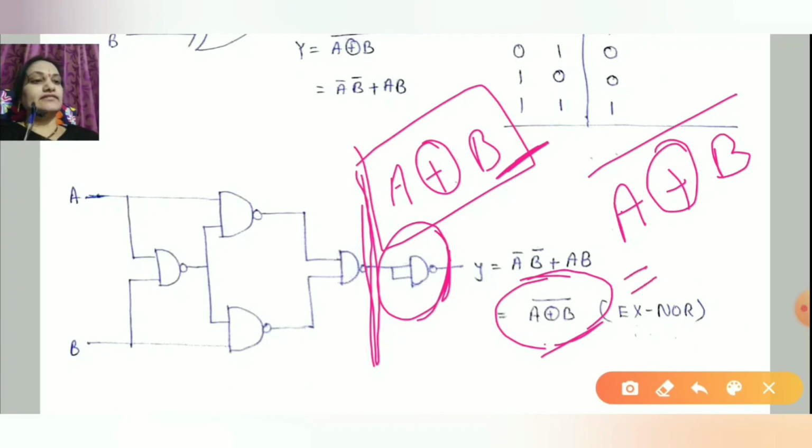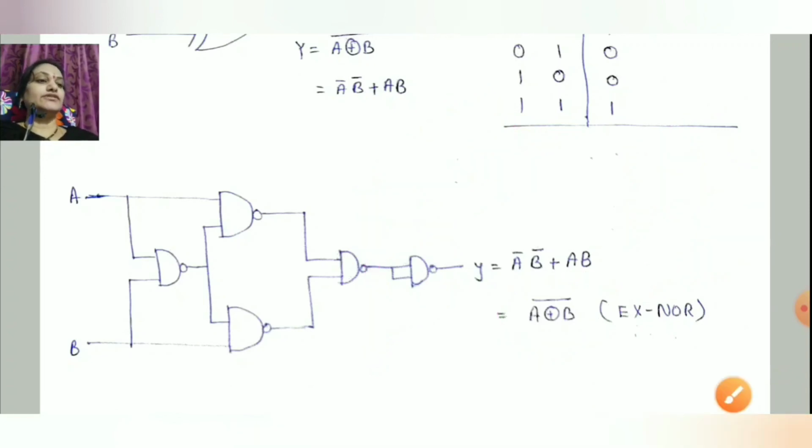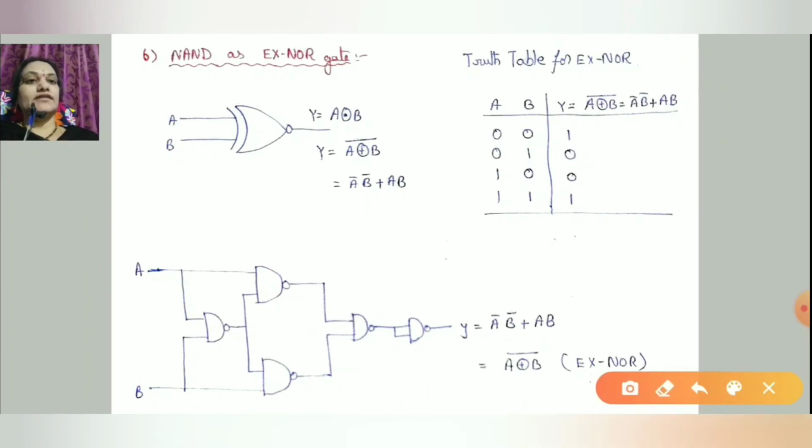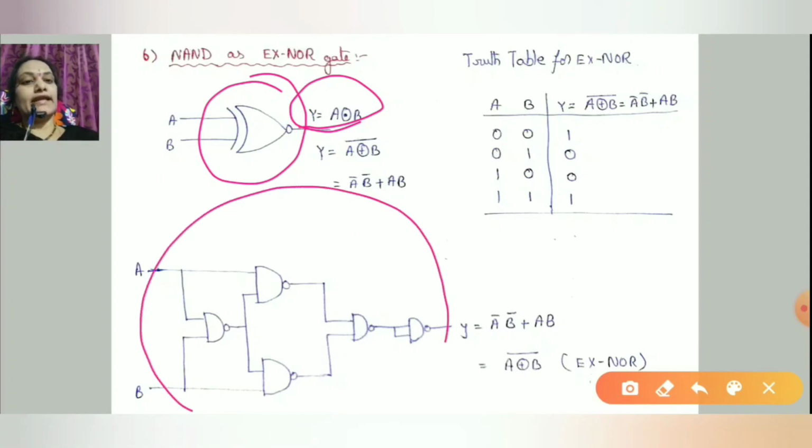That is equals to A XNOR B. So this is the expression for XNOR gate. So without using this XNOR gate, by using only NAND gates,